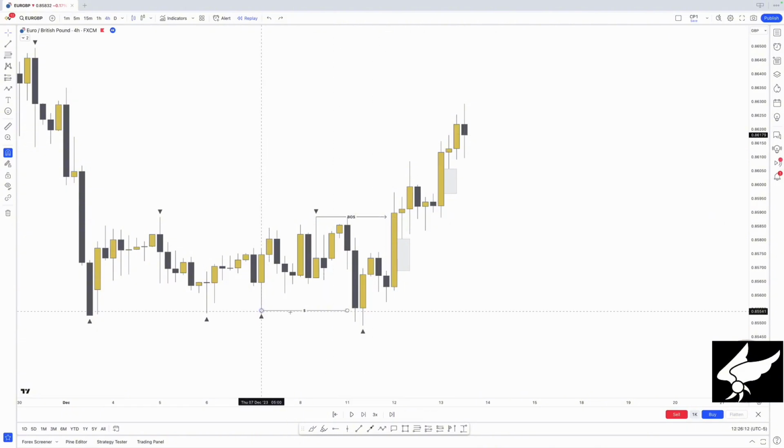You can see that this is not a clear break of structure because price just pierced below the previous low and then pushed heavily to the upside. This, however, is a very clear break of structure because we see multiple candle bodies closing above this previous high right here. So given the fact that this is a clear break of structure to the upside, we can identify that this